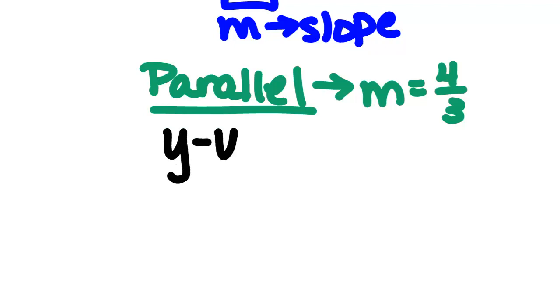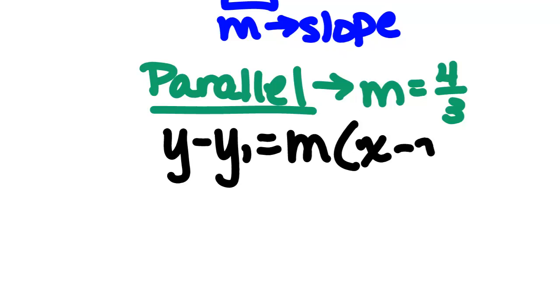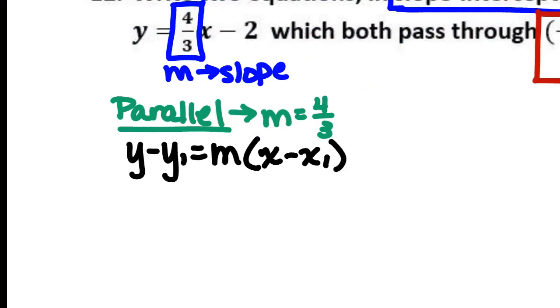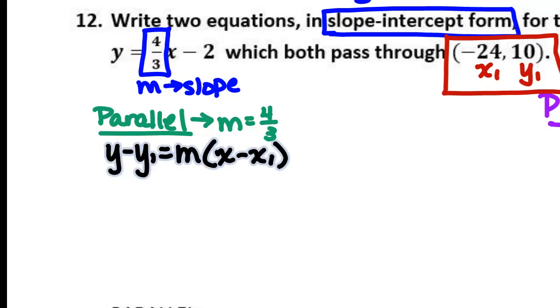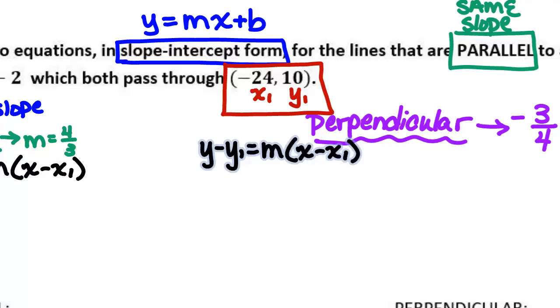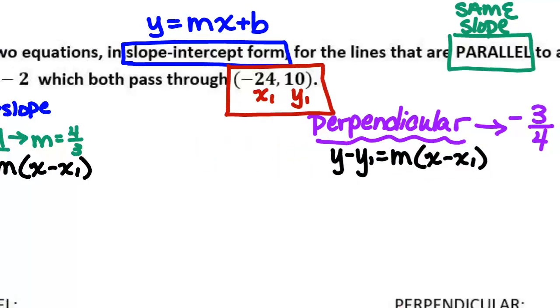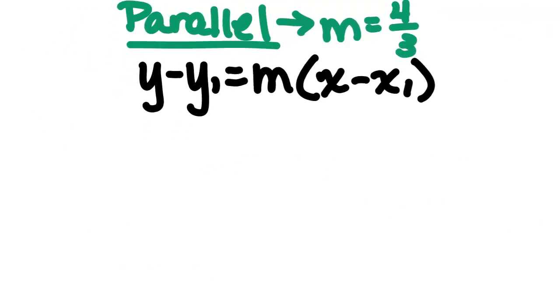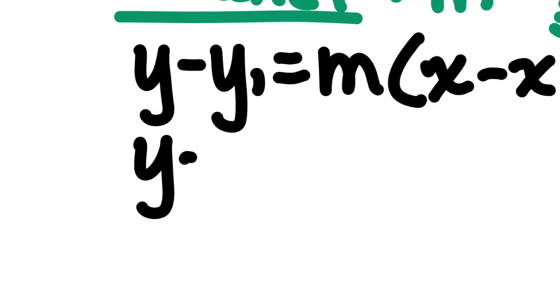So I need point slope form, which I will give you on the test. You have to know how to use it, but I do give you that formula on the test. We're going to use that for both of these. And the only thing that's going to be different is the slope that I put in. So I have y minus, what's my y1? 10. So y minus 10